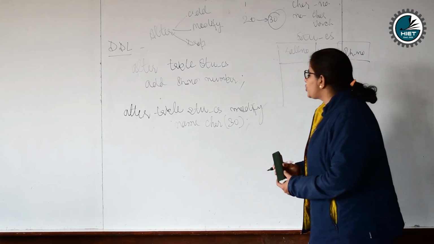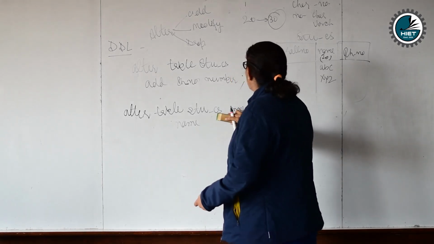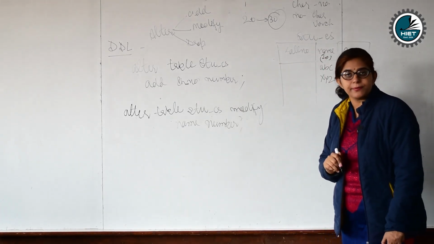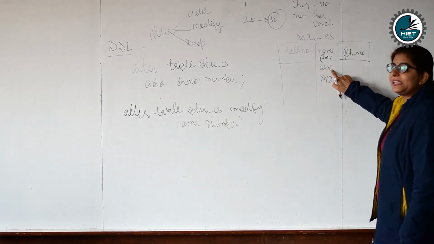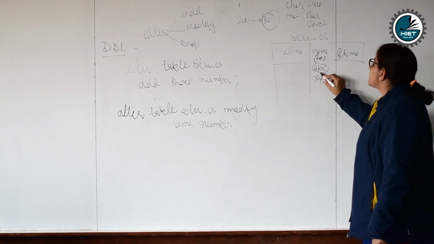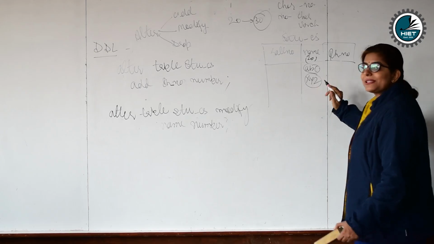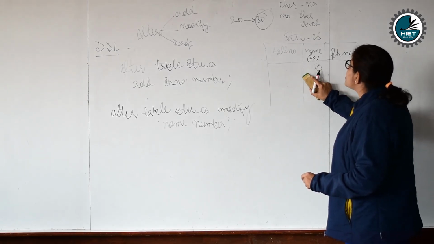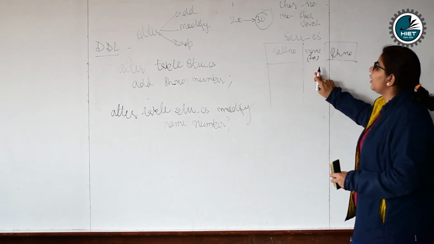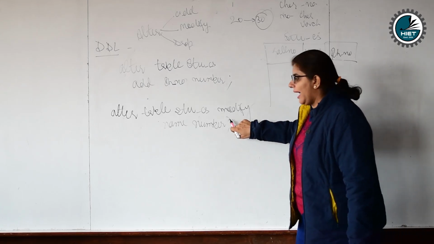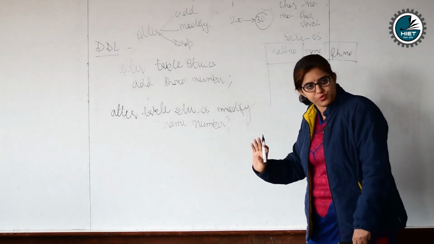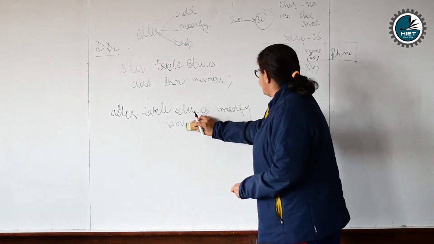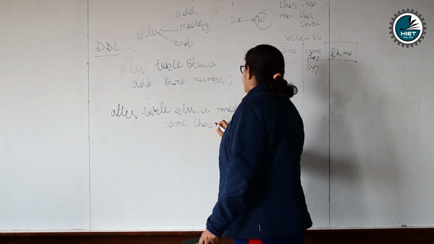If name is ABC, XYZ, now I want to modify name to number. Is it possible? No, this is not possible because there is data in that column, that is ABC and XYZ. It will not convert ABC into number, XYZ into number. For data type conversion, there is one condition, that this column should not have any data. If the name is not having any data, in that case, I can change from character to number, then it's fine. If that column is containing data, we can't change the data type. Okay? Number, char.